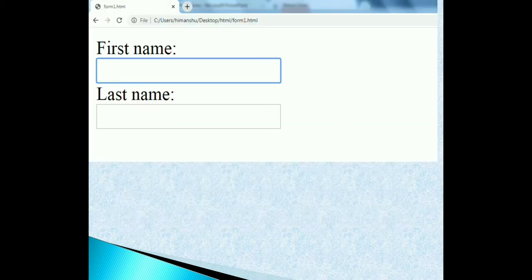It will show this kind of output on the screen. This is the output of the label. Whatever we have written inside the label will show in the output, and this is the output of the input type is equal to text field. This is known as the text field, or you can say it as a text box as well. This is the output for the second label. This is the output for the second input type is equal to text.